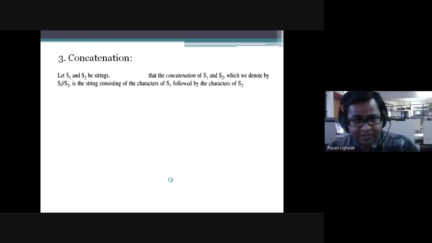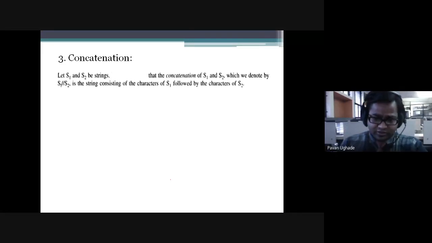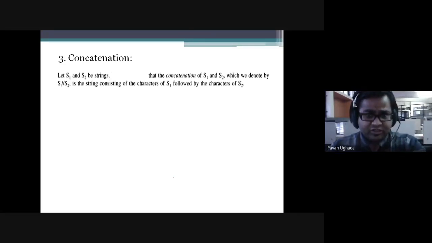So let's move ahead with the third important function of the string, that is concatenation. I think you people have already learned about concatenation in the first year C programming. Can somebody enlighten about that? Anyways, it is already mentioned. Concatenation. People used to say it's a joining of one string to another, right? So it is generally represented like this: S1 concatenated or pipelined with S2.